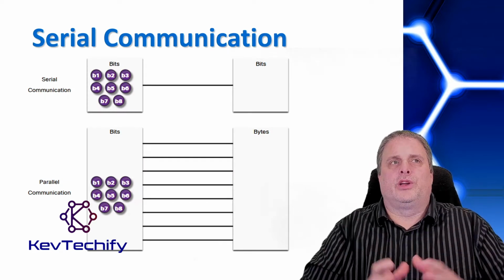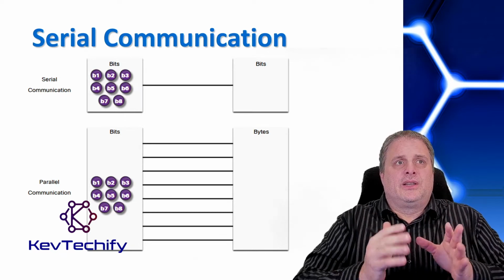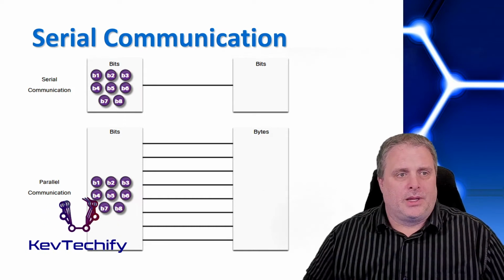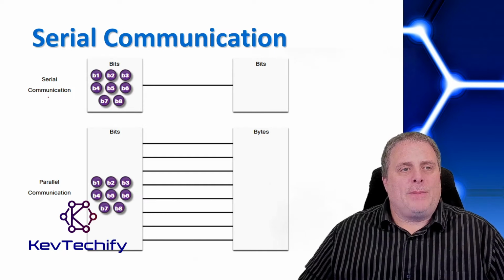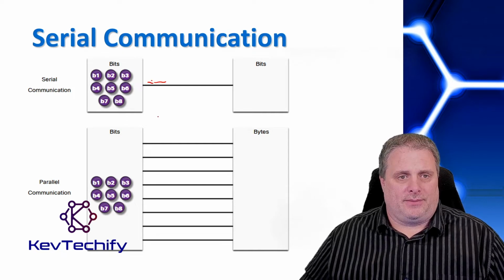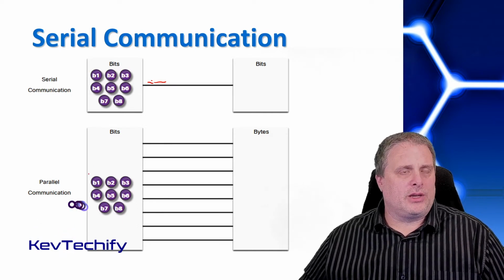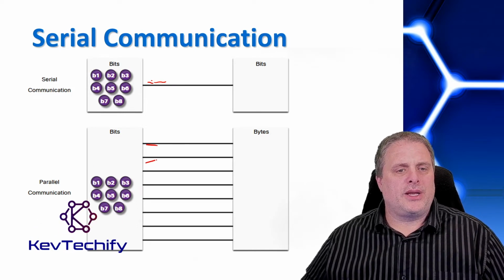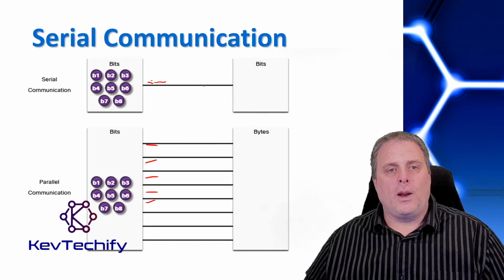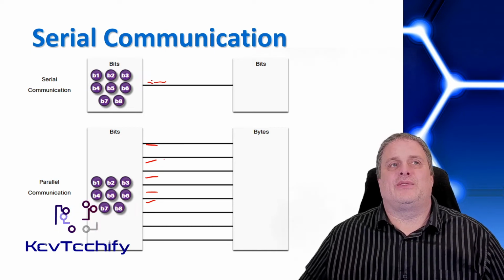Almost all network communications occur using a serial delivery mechanism. Serial transmits bits sequentially over a single channel. Over the single channel, one bit goes across and another bit goes across and another bit, so one has to follow the other. It's a long line of bits going across there. If we use parallel communication, we can send multiple bits across at the same time, all on these data channels. Up here, serial, we only have one path across. Down here, we have 8 paths across to send data. So it happens 8 times as fast.